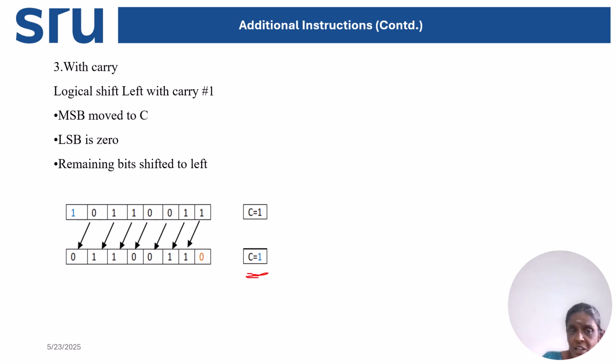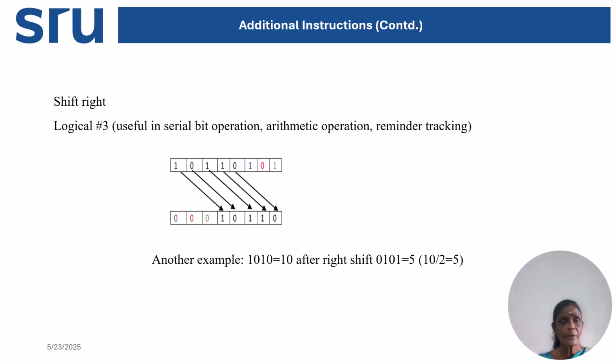And second, the LSB is made 0. So these 2 conditions are satisfied here, and then we have to move the remaining bits to the left. What are the remaining? The MSB is already shifted, the carry is already okay, and then 1 1 0 0 1 1 0. That's all. So in this way we have to do it. Next one,